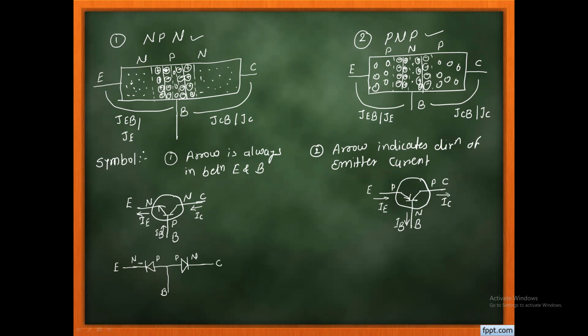म्हणजेच तुम्ही असं पण म्हणू शकता की इमिटर टू बेस म्हणजे एक पीएन जंक्शन डायोड आणि कलेक्टर टू बेस हा दुसरा पीएन जंक्शन डायोड. But the thing is that the two diodes are connected back to back. आता मला PNP type of a transistor हा डायोडच्या फॉर्म मध्ये ड्रॉ करायचा आहे. How I can draw it? I can draw like this. Back to back.